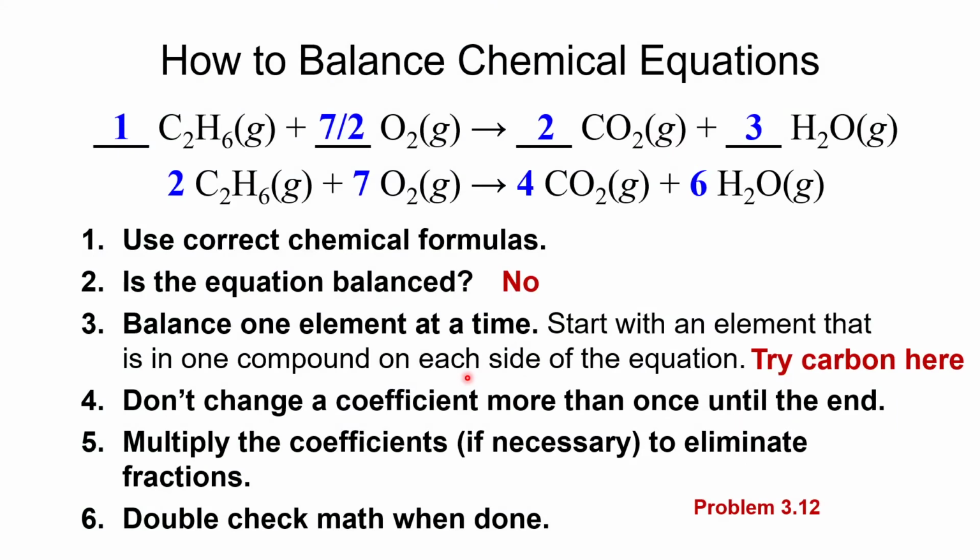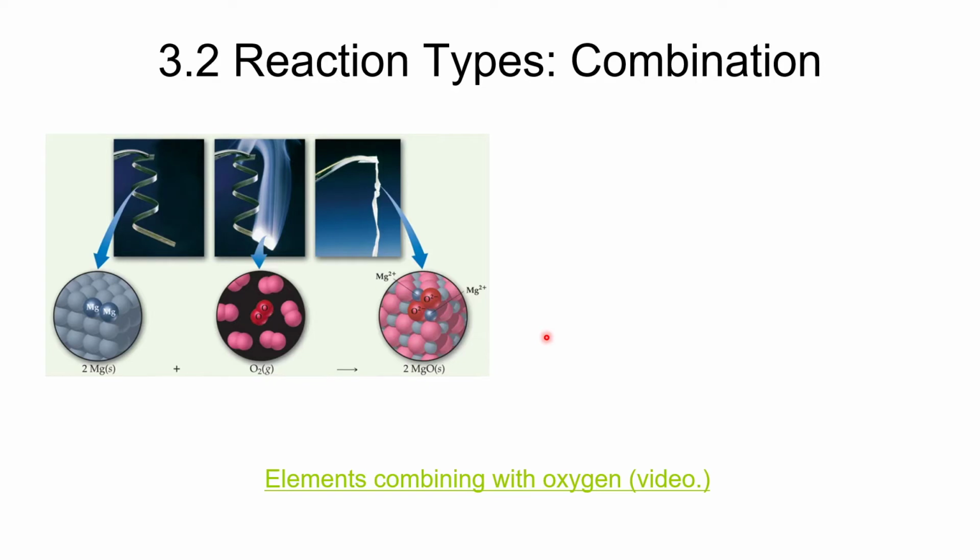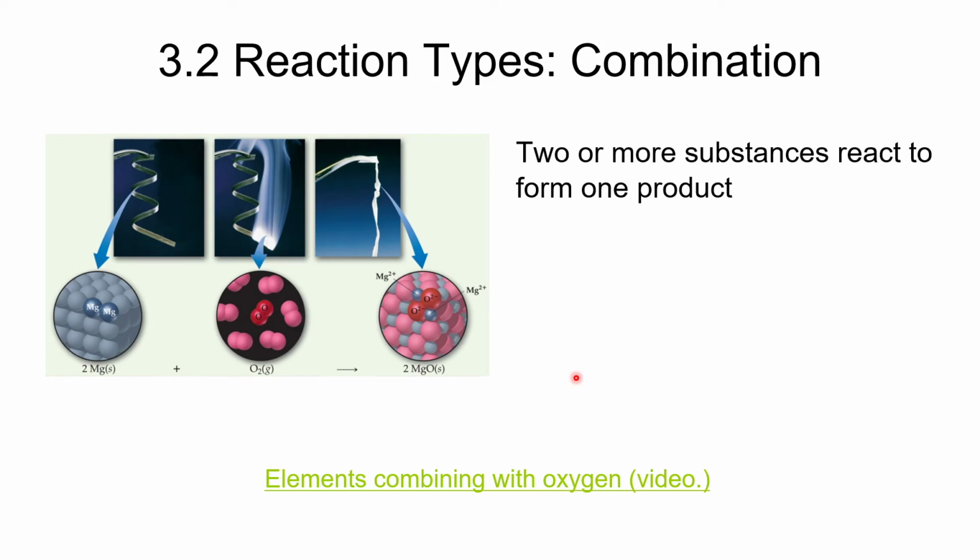Okay, so we'll switch back over to our presentation, and we're going to talk about reaction types. The first reaction type that we're going to discuss is combination reactions. Combination reactions are where we take 2 or more chemicals and they combine together to make one chemical, one